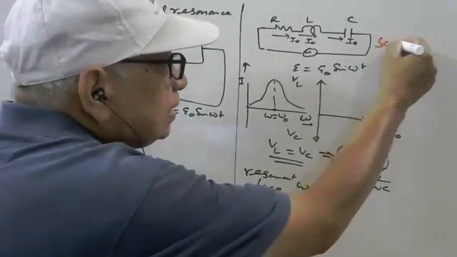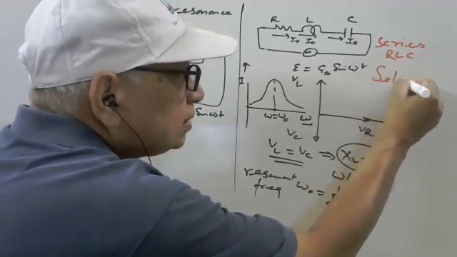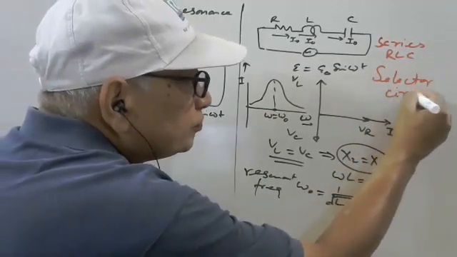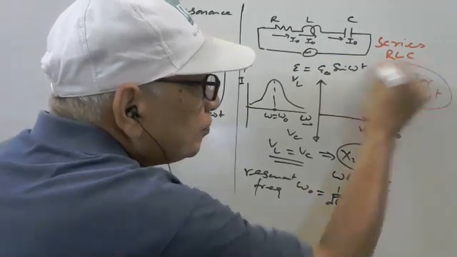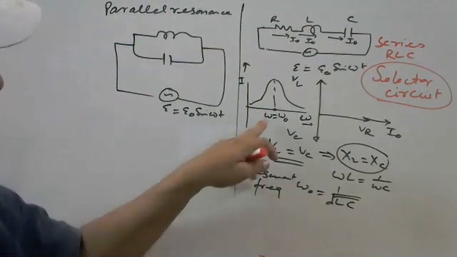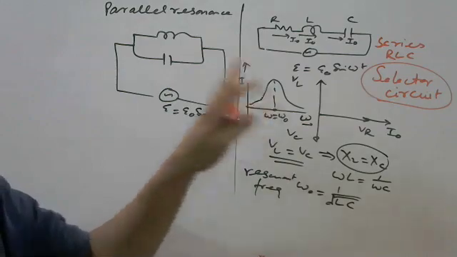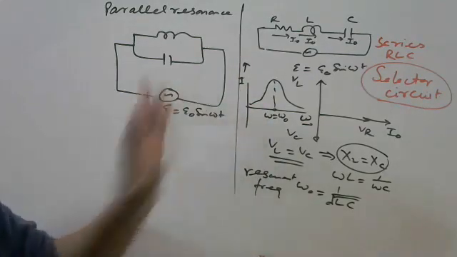Series RLC circuit is also called selector circuit. By this discussion we can say with any device we can tune the particular frequency, with your mobile set, TV set, any audio video set, wireless set. So this signal is coming and it has more current in comparison to others, so it is visible, audible.